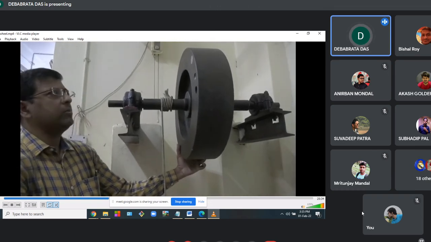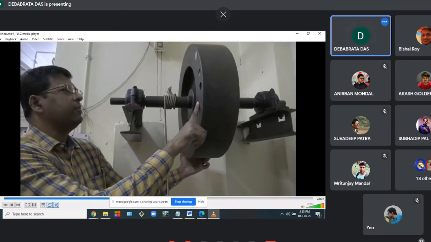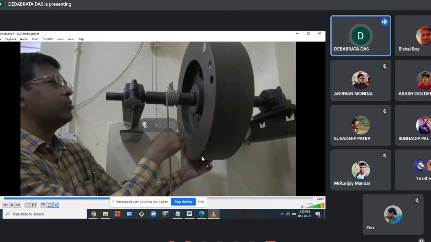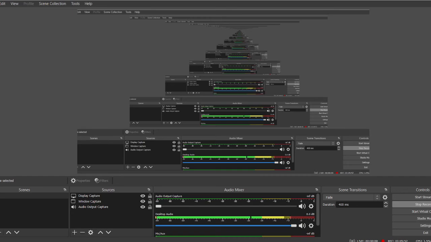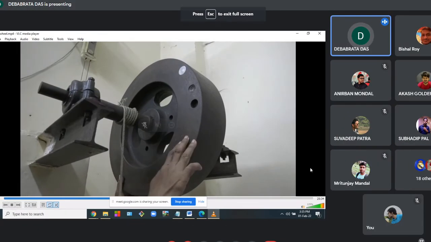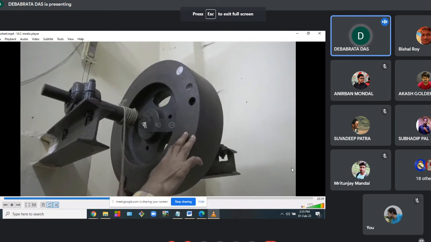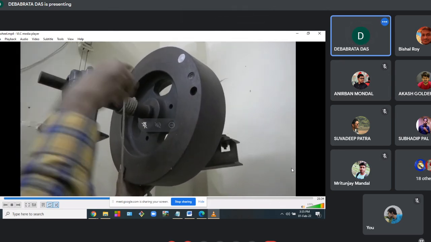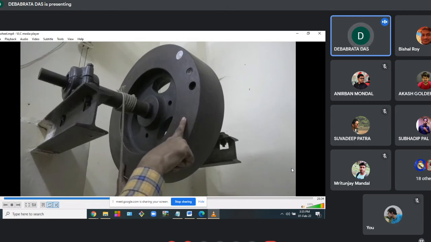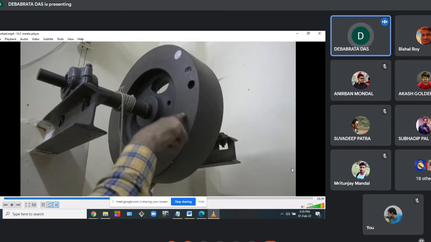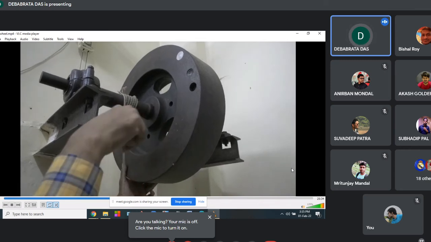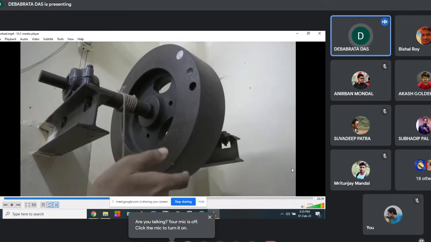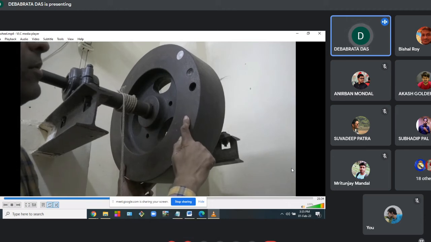The moment it hits the ground, this flywheel starts retarding because there is no more driving torque, because the wire tension then becomes 0. The moment the wire tension becomes 0, the driving torque becomes 0. So the only torque acting on that system is now the retarding torque due to friction across the bearing. So after reaching the maximum speed, its velocity starts decreasing, and it slowly comes to a stop. The moment this flywheel comes to a stop, what do we do?